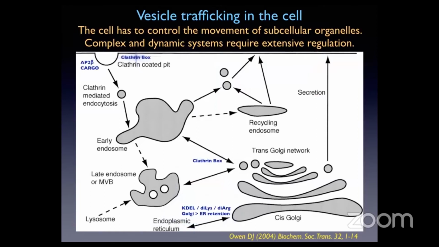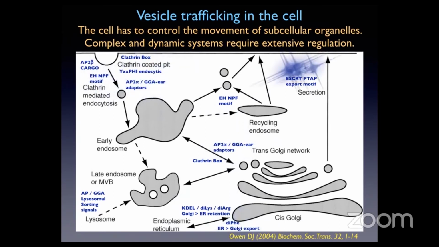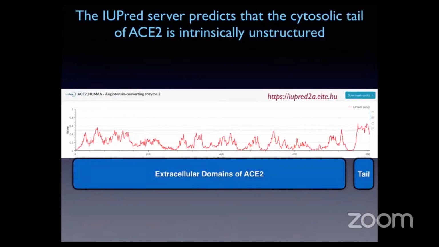I should just say that this is a very simple, oversimplified diagram of vesicle trafficking. And vesicle trafficking systems take very extensive advantage of short linear motifs. So these are ones that are working on different parts of these systems. And remember that the virus comes in through the endocytic system. Right, so